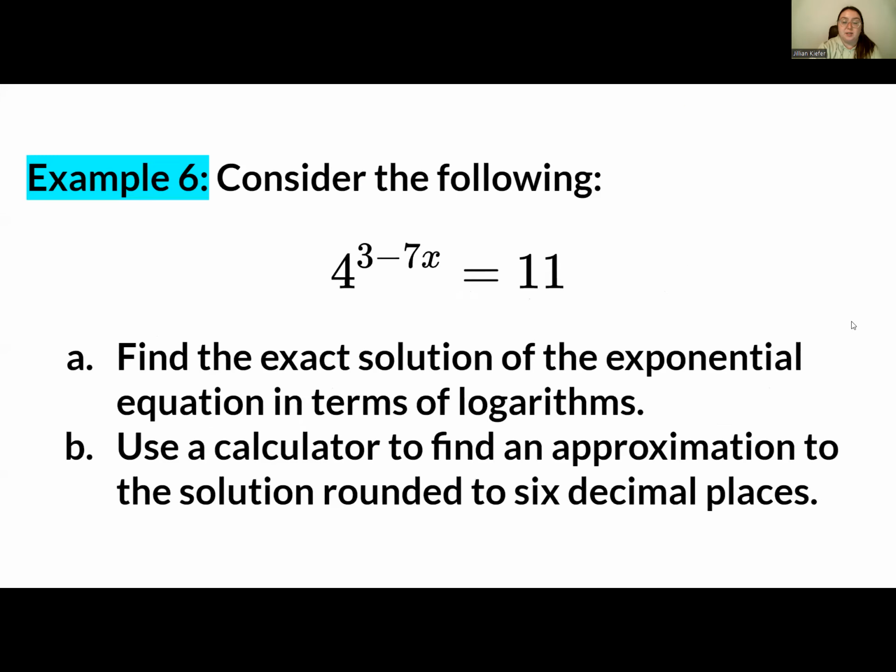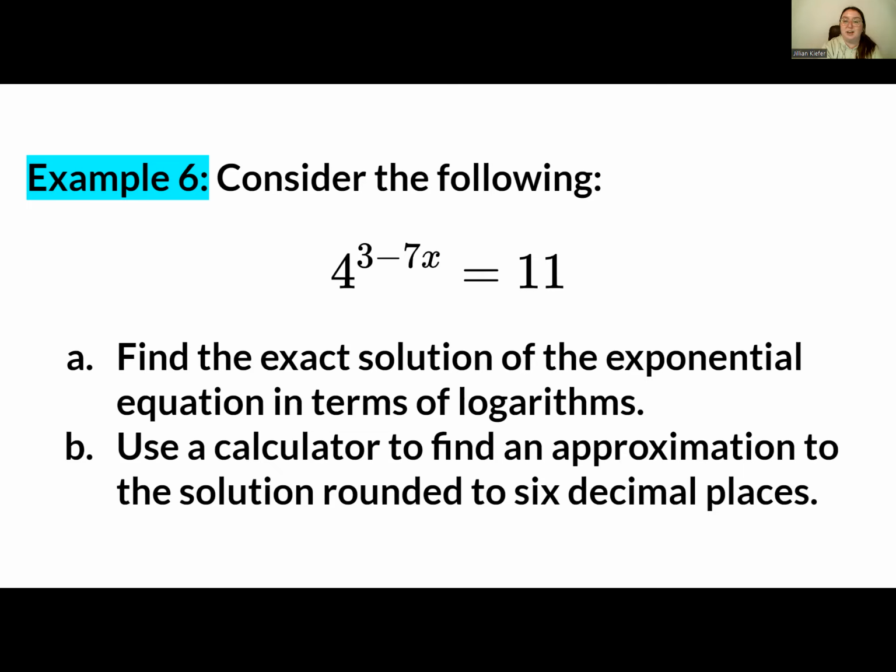Moving on to example 6, we want to consider the following function. 4 to the power of 3 minus 7x is equal to 11. Part A, we're going to find the exact solution of the exponential equation in terms of logarithms. And then part B, we're going to use a calculator to find the approximation of the solution rounded to 6 decimal places. So the difference between part A and part B is that part A is the answer you get